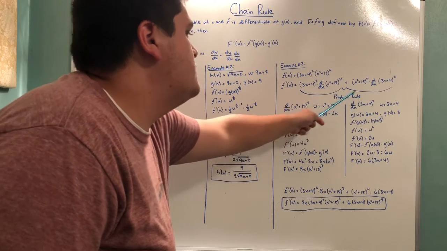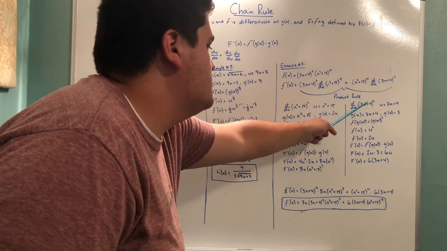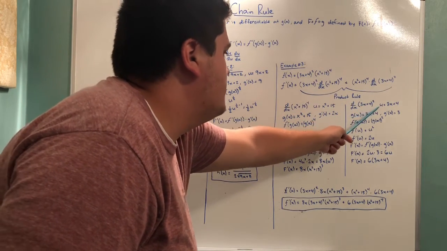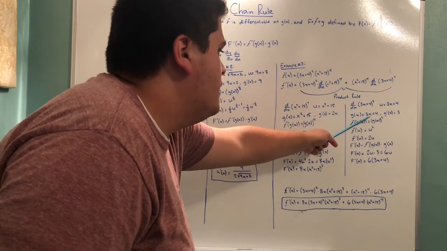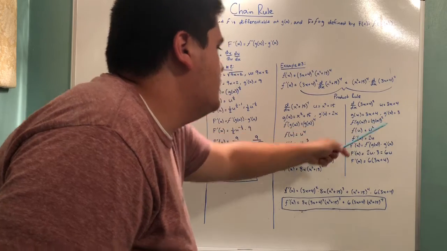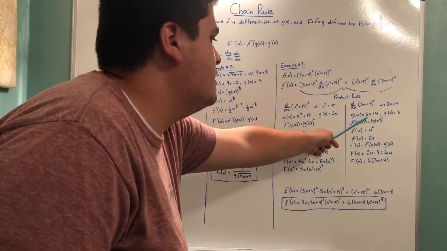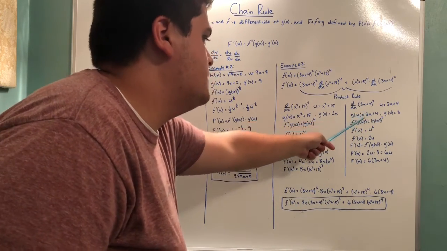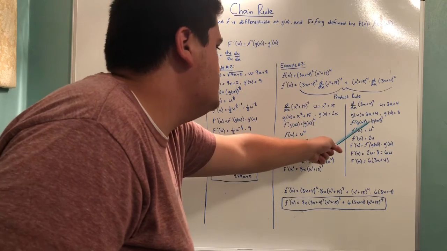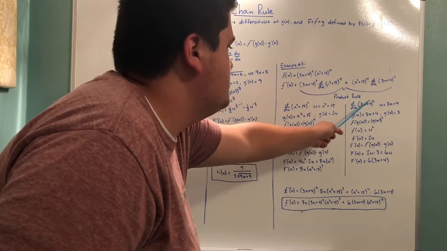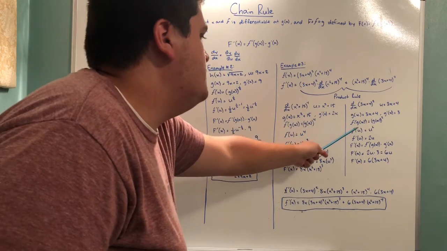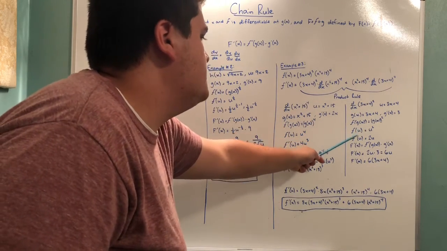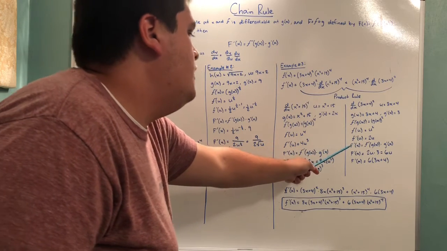So the derivative of this term, so the derivative of (3x plus 4) squared, we have an inner term of 3x plus 4. So our inner function is g of x is equal to 3x plus 4, and the derivative of g of x is equal to 3. Because we have a constant in front of an x, the derivative is just that constant. Our f of g of x is g of x squared. We see that there are two functions. We have an inner function, and then this function squared. So f of u is equal to u squared, f prime of u is equal to 2u, and then,